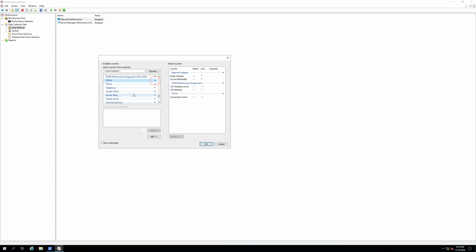So there you go. Now these counters on the right side are the ones we selected, and everything else on the left are all other counters you can add to your specific data collection templates as you need, depending on what work you're doing. There's a lot to go into when it comes to these counters that is outside of the scope of both my knowledge and this video. However, the ones on the right are more than enough for doing the file transfer and monitoring that. So now I'm going to hit OK,